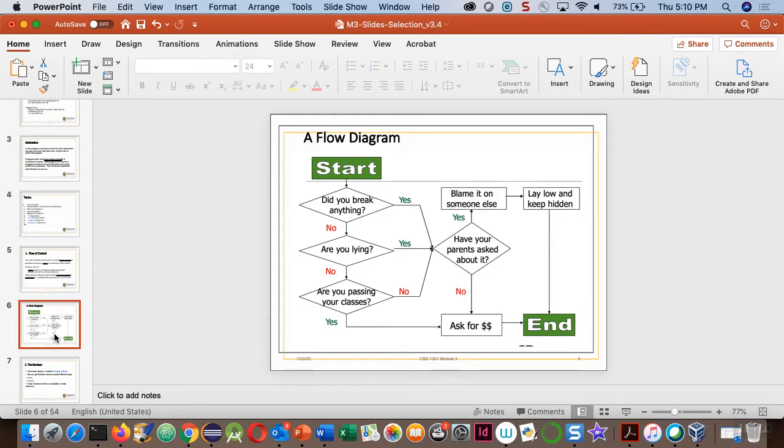True, nothing but true, and if it is false, then nothing but false. Nothing in between, okay? Actually, in computer systems, all computer systems are